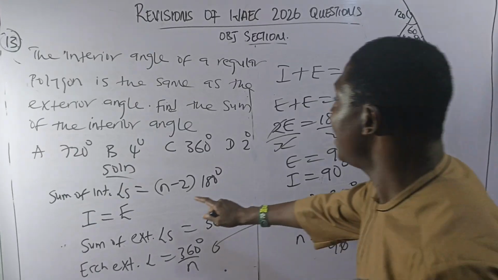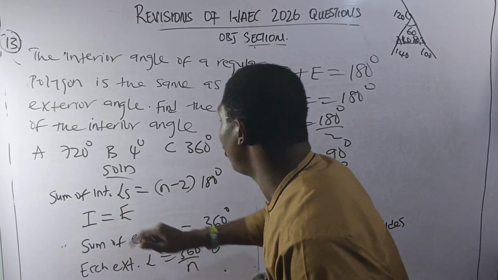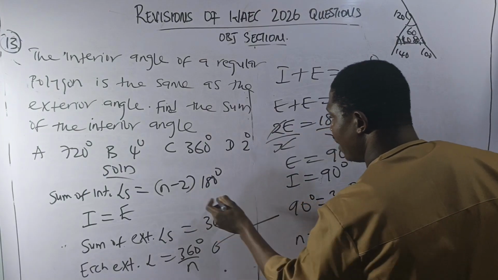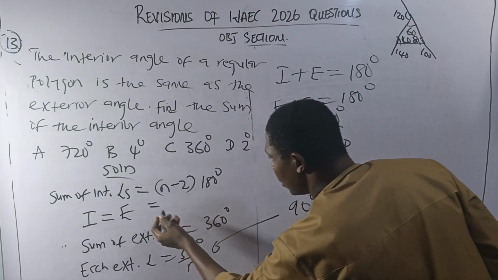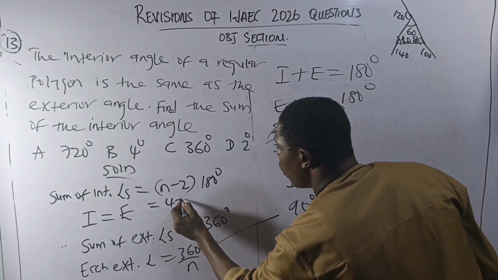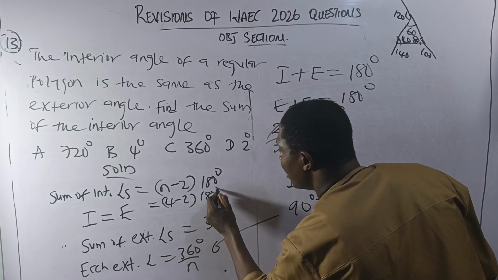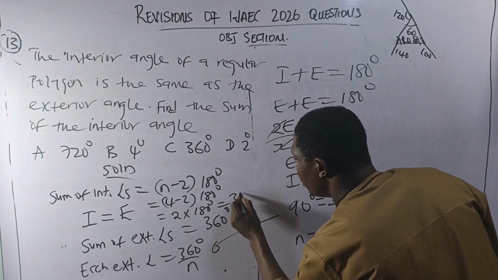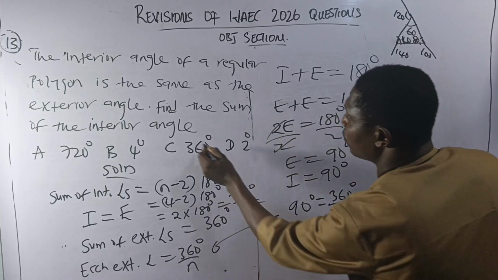Now, they said I should look for the sum of the interior angles. Now, the sum of the interior angles formula is already here, which equals n minus 2 in brackets 180 degrees. Let me just use that to finish it. N is 4. So I have 4 minus 2 in bracket 180 degrees, giving me 2 times 180 degrees, which is equal to 360 degrees,